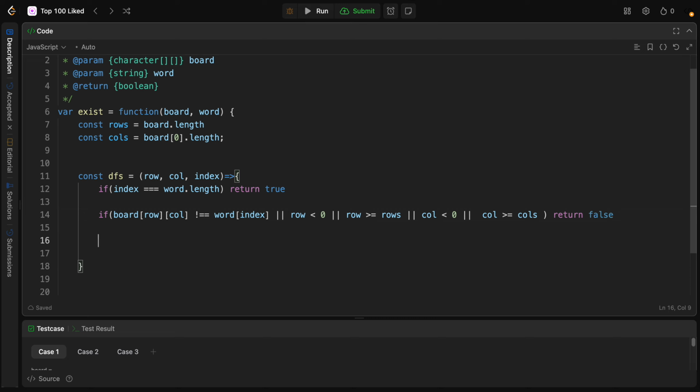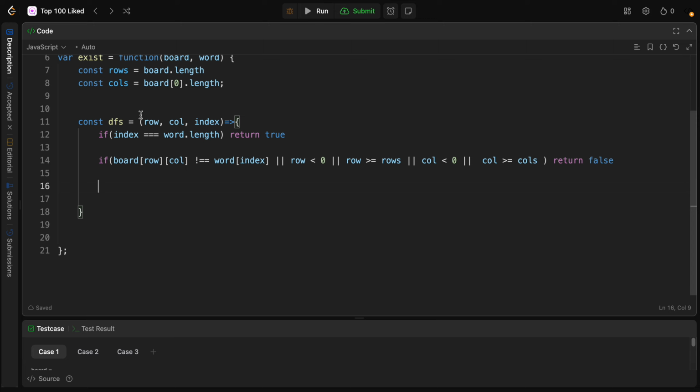Okay. So we have two things here. We stop the function executing the function for. After that, we need to continue because we have to make recursive calls. So we need to mark the cell as visited by modifying its value. It's pretty important because we need to memorize every cell because we don't want to visit the cell over and over and over. So I will say const temp, which will equal board